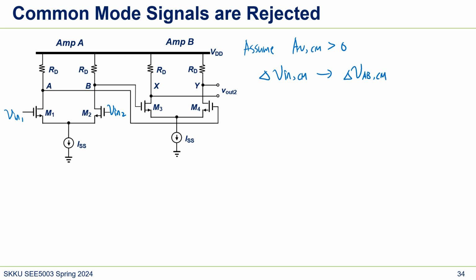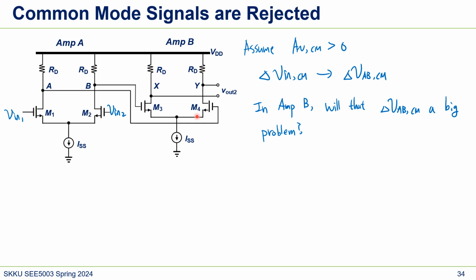AB is here. But actually it's okay, because amp B will... Is delta V AB CM a big problem? It's not really, because